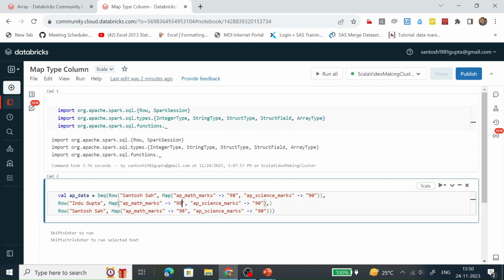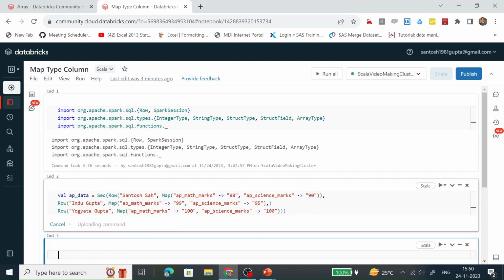Marks is 99, 95. Marks is 100. Let's run it.